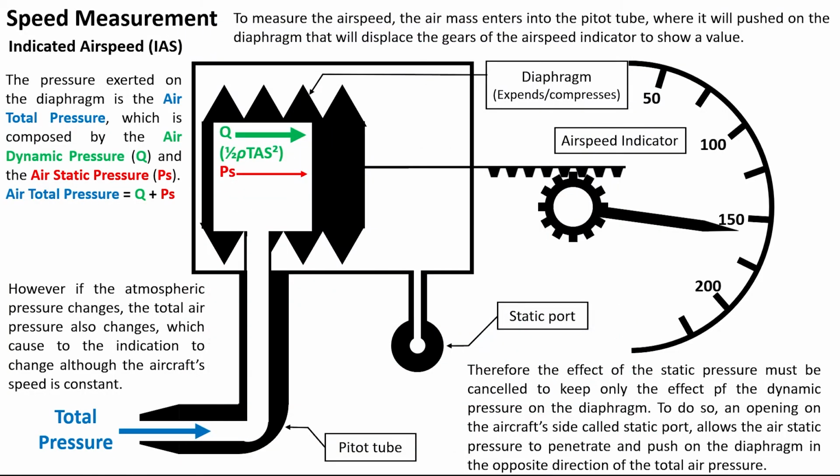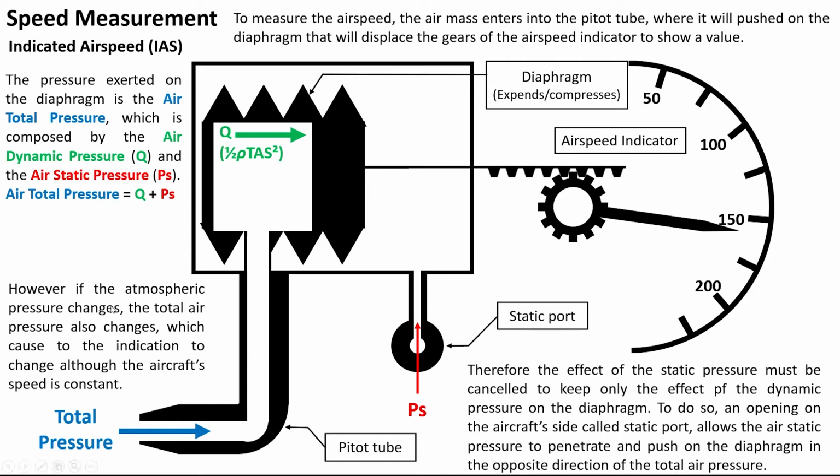And so the static pressure will penetrate there, and it's going to push against the diaphragm, and this is going to compensate, it's going to cancel the action of the static pressure which is brought via the pitot tube. And so at the end, we are left only with the effect of the dynamic pressure. Is this clear? Okay, so I hope this is clear. So at the end, we only keep the effect of the dynamic pressure, and this is how, in a simplified diagram,